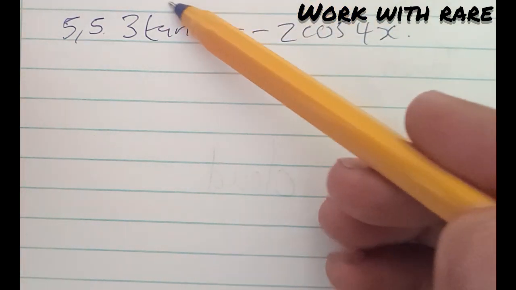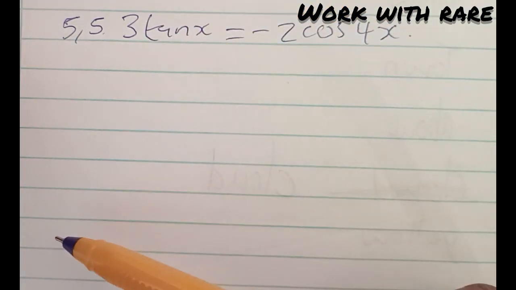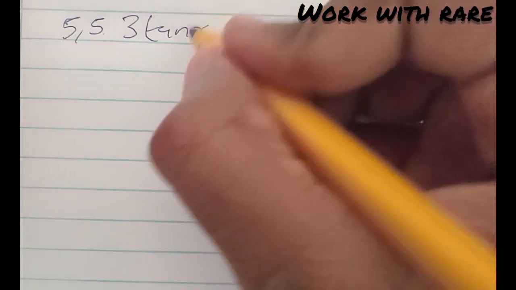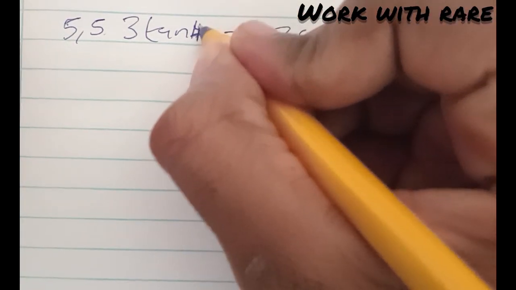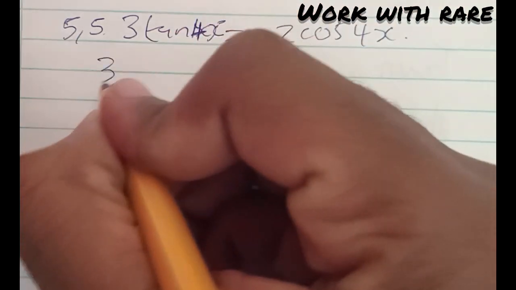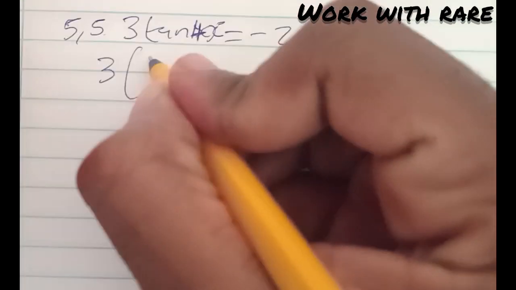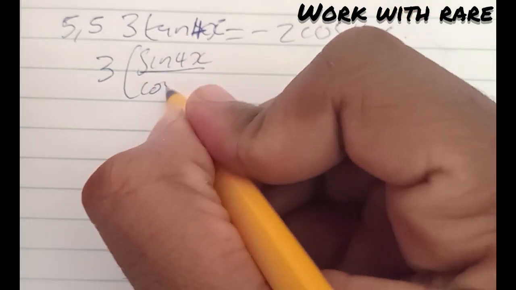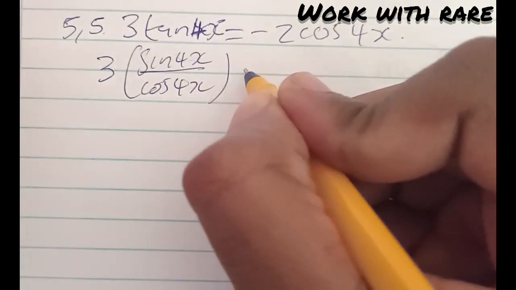Like we know that tan is sine over cos, but here it's 4x. Like I said, tan x is equal to sin x over cos x. So here we have 4, so it will be sin 4x over cos 4x is equal to,